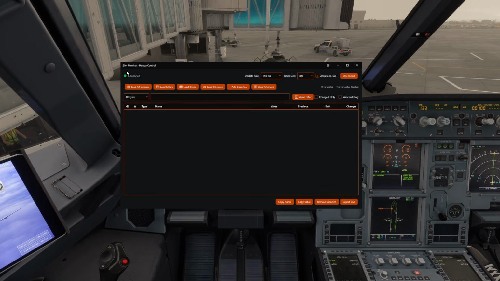If you ever come up here and you get a SimConnect disconnect or exception error or something like that, it'll show it right here. Hopefully we don't get one. I don't really want to repeat one. You're going to have to close SimMonitor completely, and you need to take this value, the update rate, and bump it up to say 500 or 1000. What that usually means is that A, we found a bad SimVar that is no longer reachable or doesn't exist anymore, which would mean that the Microsoft Flight Simulator documentation is out of date. No, say it isn't so. Anyway,